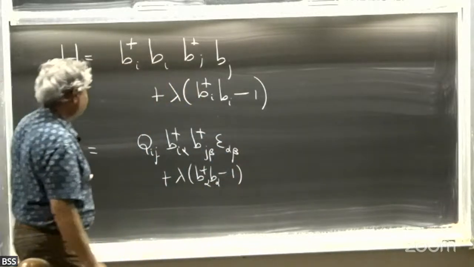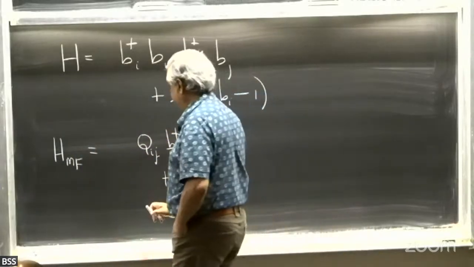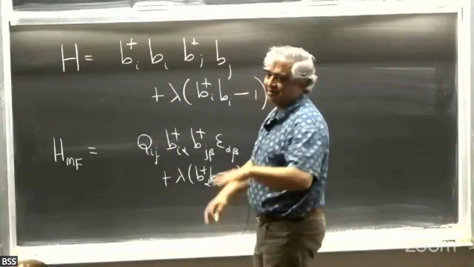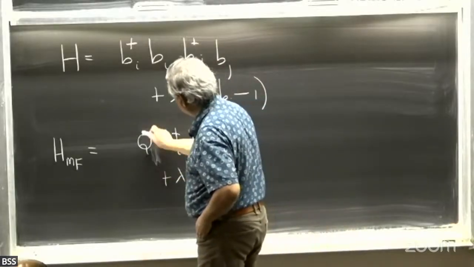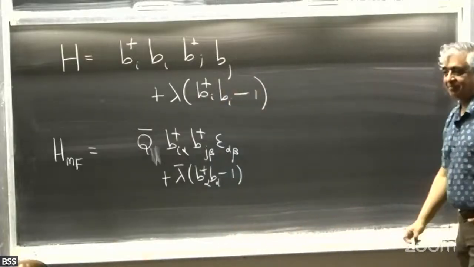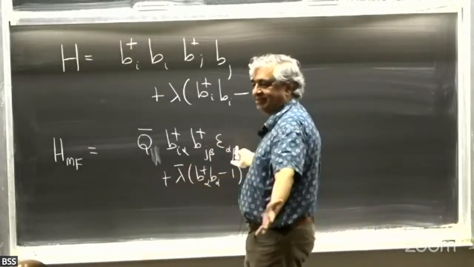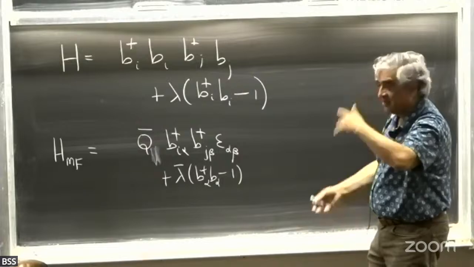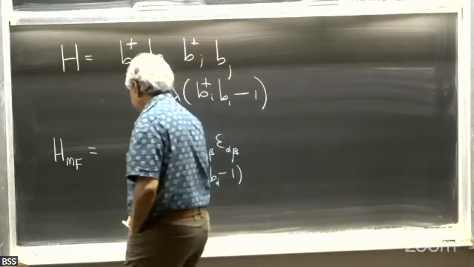All right, so you get something like this. It's some quadratic Hamiltonian, and there are some self-consistent values of Q and lambda. They're all written down in the notes. So you just replace this by some Q bar and this by some lambda bar, and you just have a free boson Hamiltonian at the end. And there it is. Now you can declare, here are my spinons. They have a Hamiltonian, they can move around, they have a dispersion. Let's go ahead and compute everything. And you get some dispersion here for the spinons,